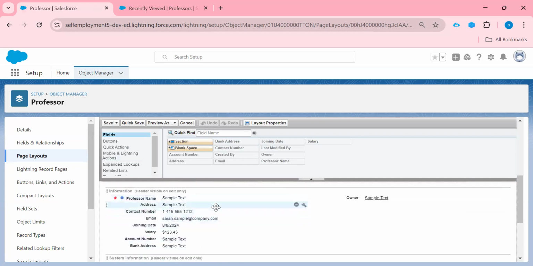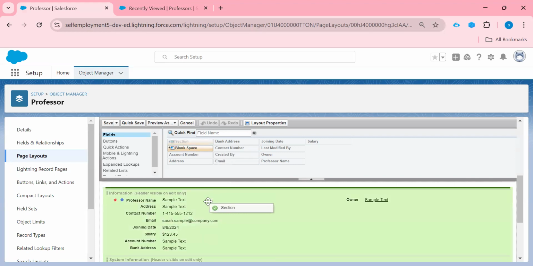If you want to make any change from here, you can. Right? How? Suppose I want to create a section here. See name, address, contact number, email. This is the personal information, and this joining date and salary. I want to create a section here that will give the detail information. Right? So how can I create a section here?